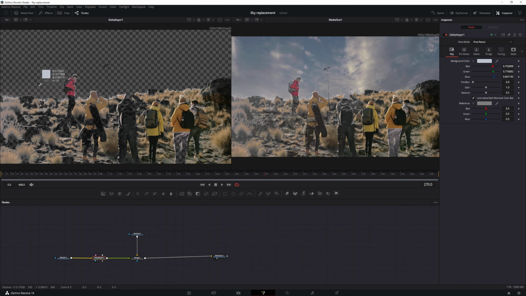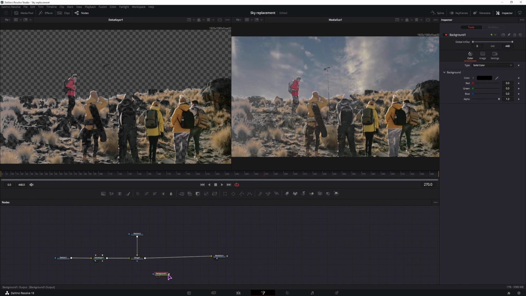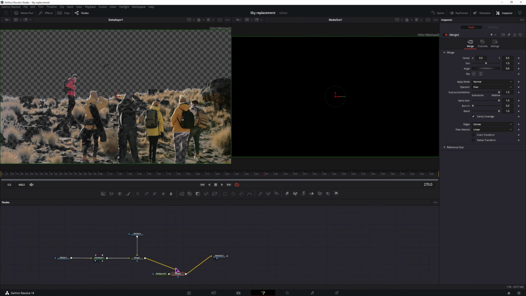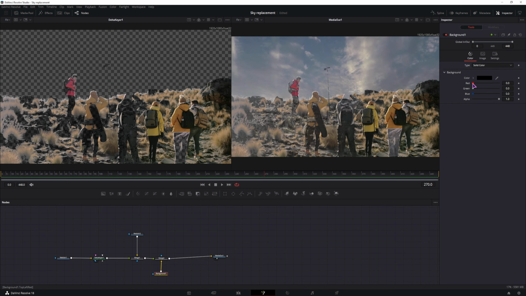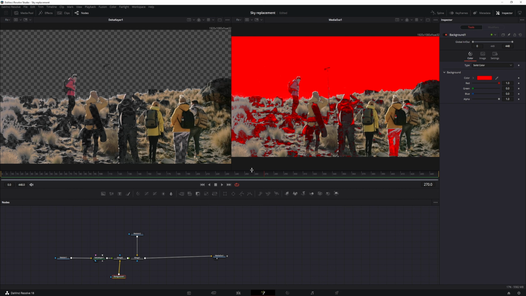Keep on holding it. So this is my selection. As you can see, it's not the best selection. So maybe what I can do is add a background node, so we can actually see what the selection looks like. So this is how the selection looks like. It's not the best at the moment, so you have to fix it